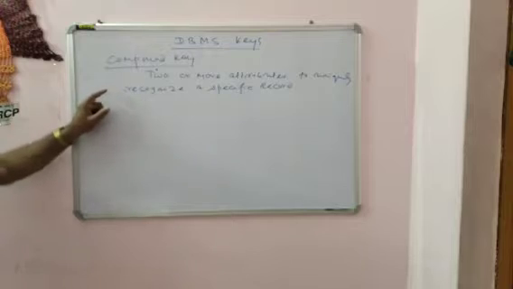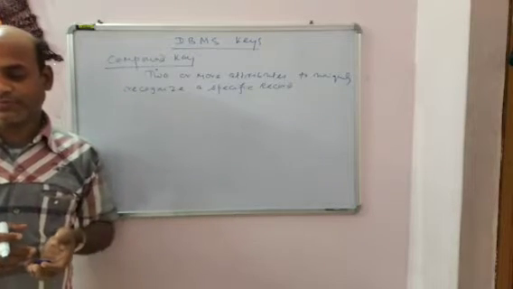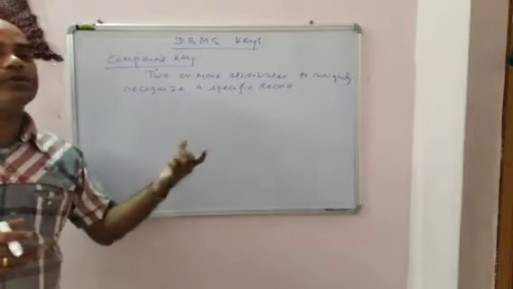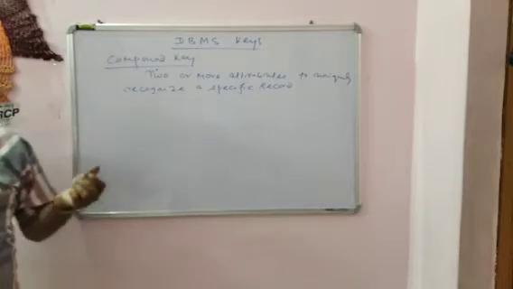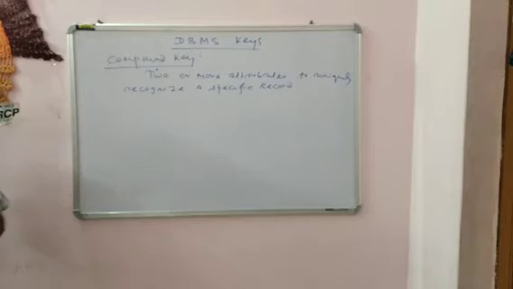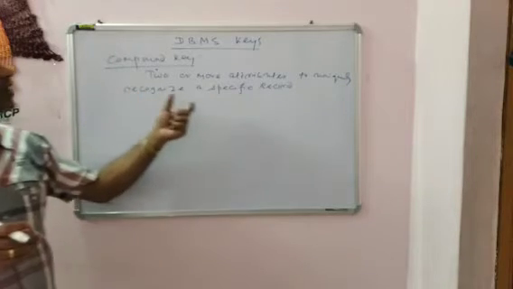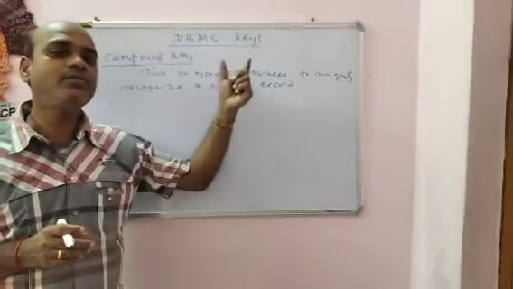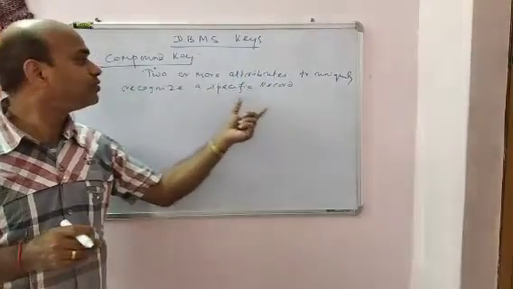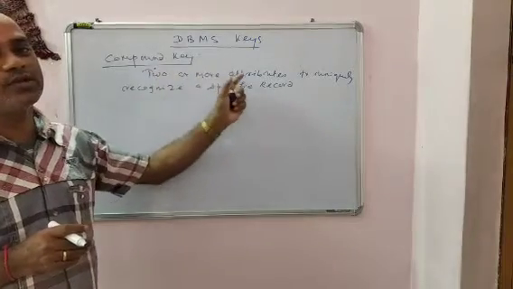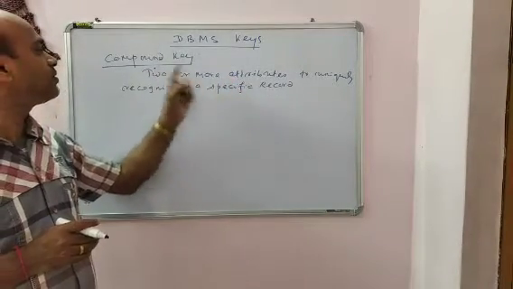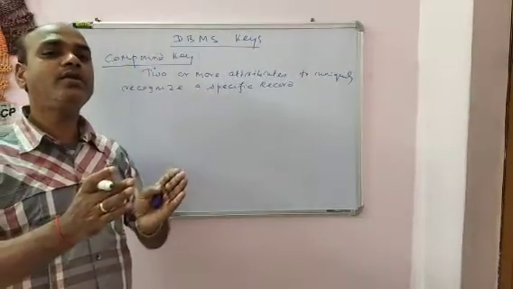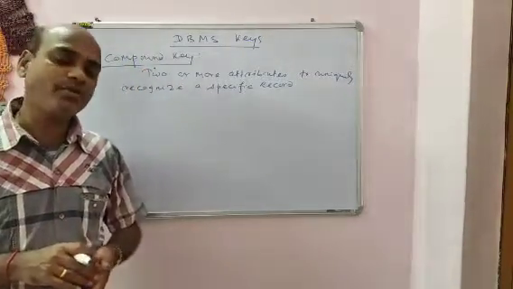It is possible that each column may not be unique by itself. Each record may not be unique by itself within the database. However, when combined with other columns, this combination of composite keys becomes unique. That is the compound key. So whenever a single key may not be used for unique identification, this combination of attributes, combination of keys, may be considered the compound key because they combinedly identify a record in a table uniquely.